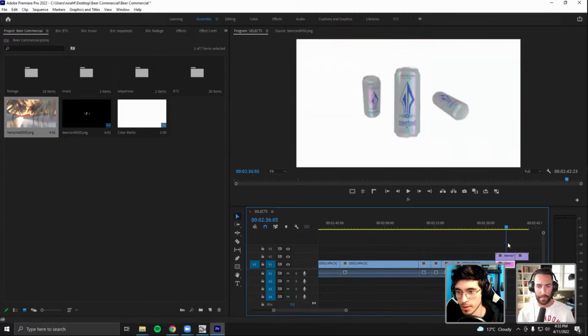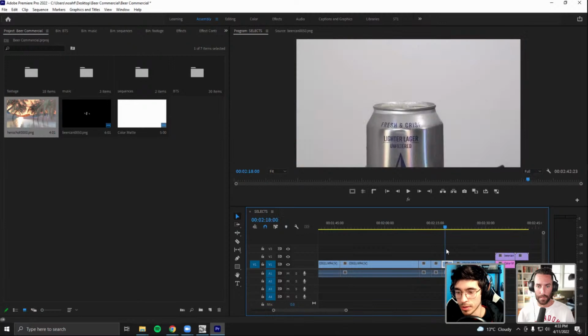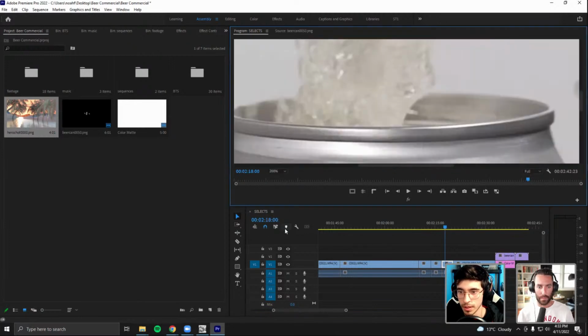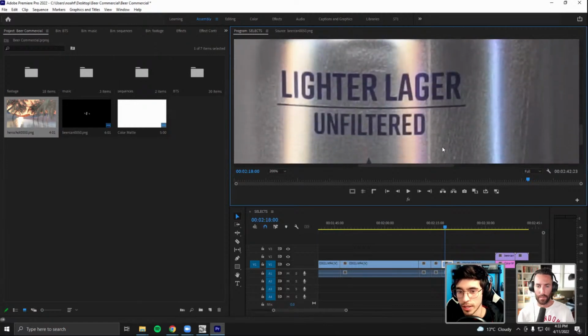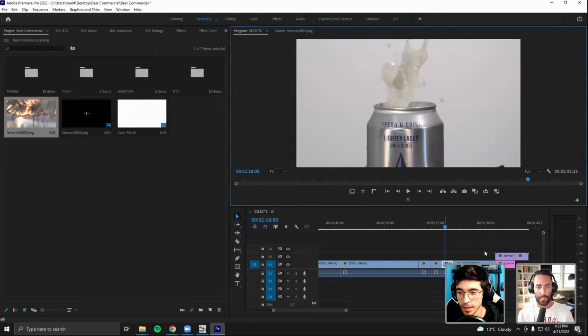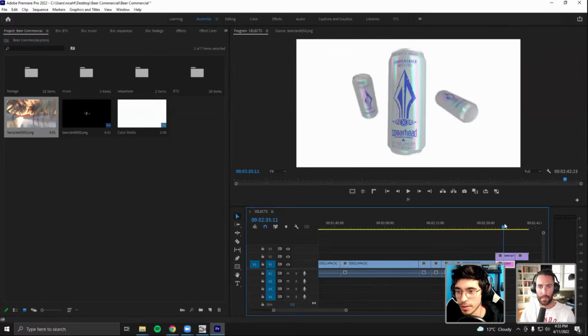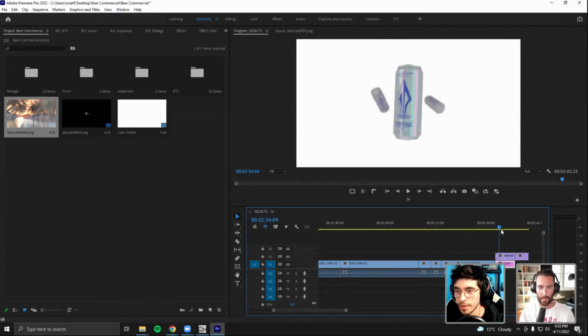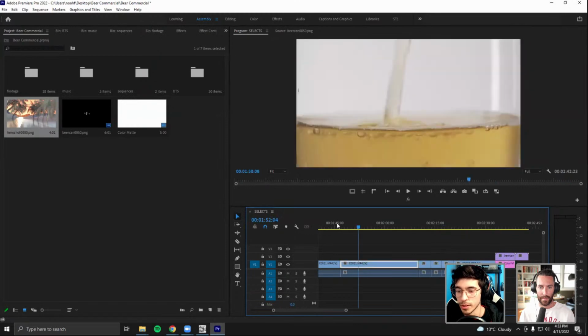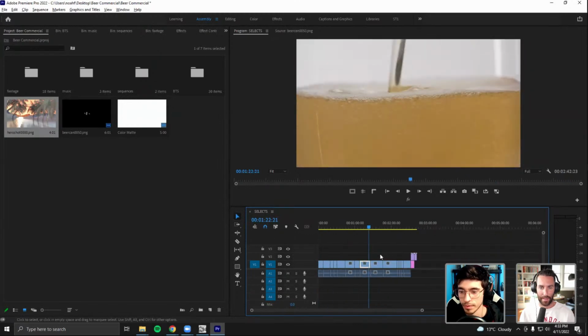Yeah. The only thing that I couldn't figure out how to do was, if you can see here, how do I zoom this in? If I look at the can itself, it almost has a grain to it, like there's a bit of grain behind the film, and I couldn't figure out how to get that. Maybe if I added a noise, I don't know. I could probably spend some more time fine tuning that, but either way, this looks pretty usable. So yeah. Oh my God, absolutely.